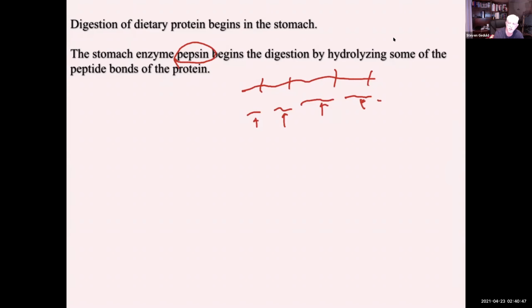So pepsin is just like a chopping block. It just non-discriminately chops it in different places. And then specific enzymes are used to break down each specific peptide linkage and produce amino acids. So this breaks down the protein into smaller peptides. That's what pepsin does, produces smaller peptides. The production of pepsin and other proteolytic enzymes, which just means digestive enzymes in the stomach,